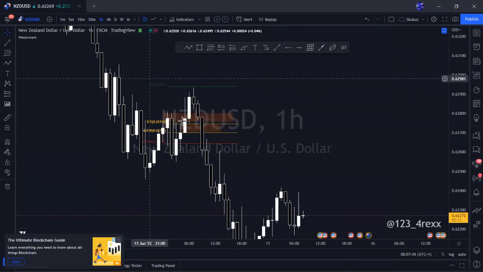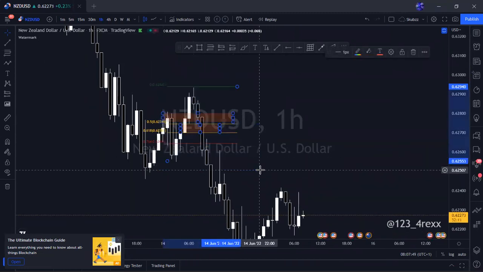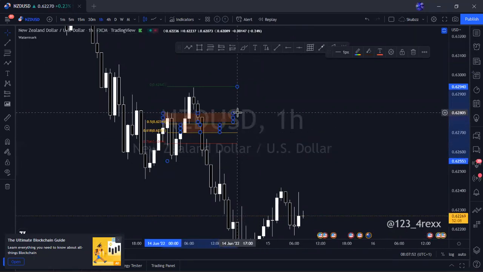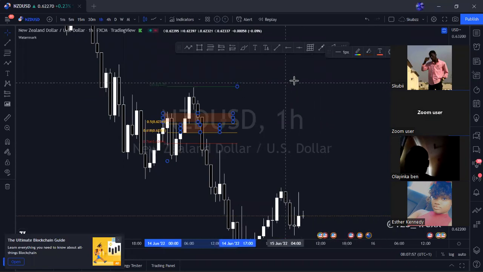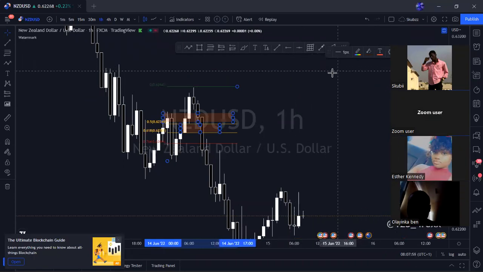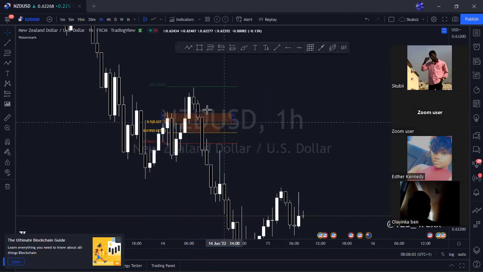So please, that's why I don't like aggressive entries. And I told you guys, wait, let's see how it behaves. Hope nobody took an aggressive entry there. Did anyone take any aggressive entry there? No. Okay, good. Because I was telling you guys that I actually had a bad feeling about that move.